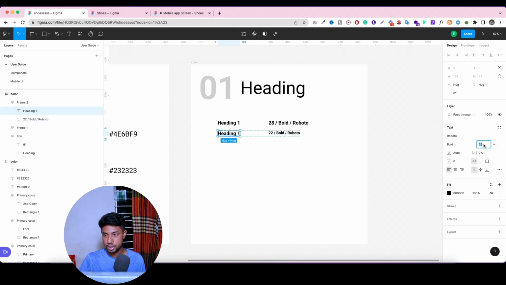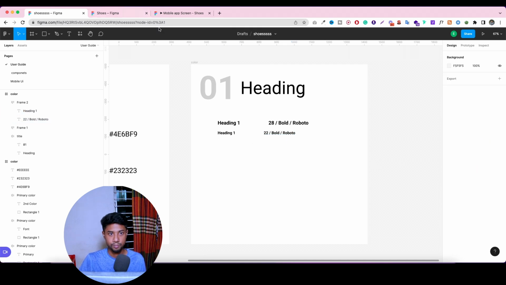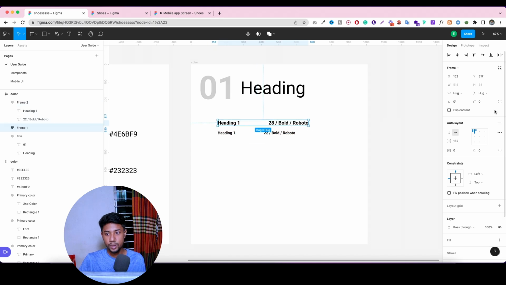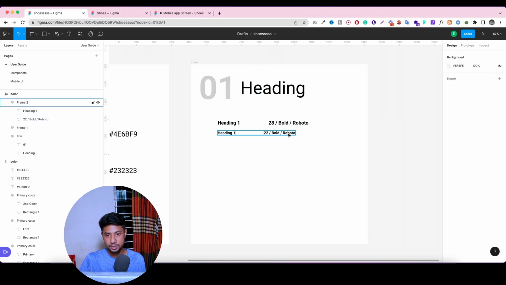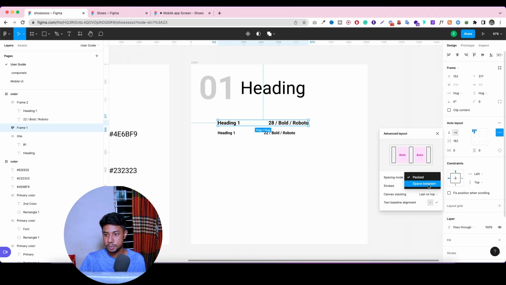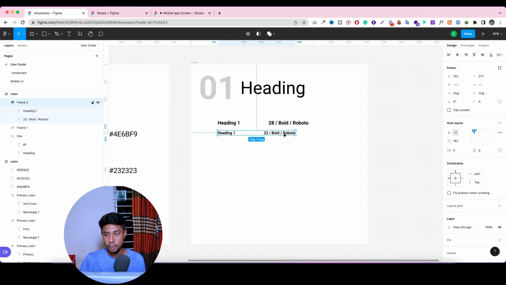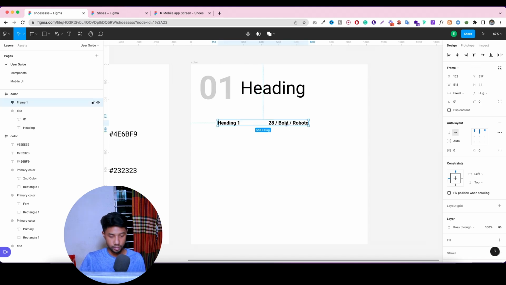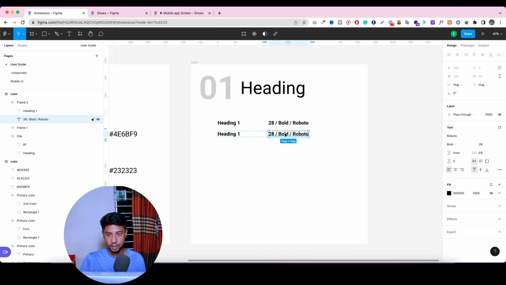And we have to change this here to 22. Alright, so now in here, as you can see, when I just change it, it looks like this. So what you can do is make a space between, then it's going to come automatically, so we don't need to worry about it. So let me just do it again, paste it,